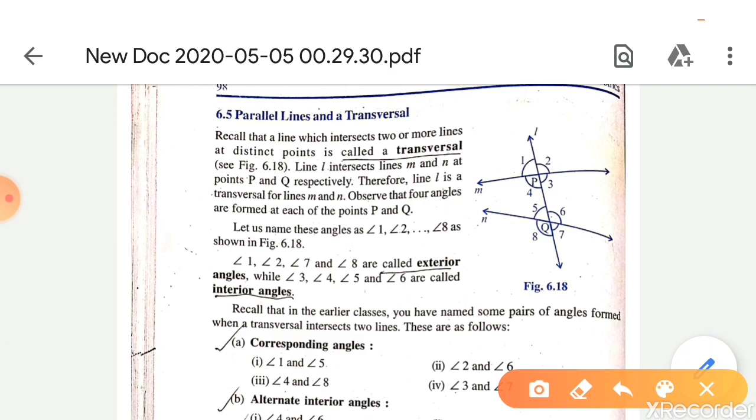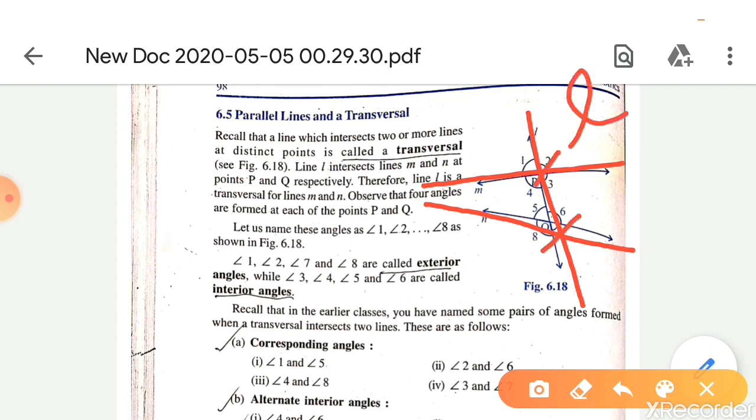Here you see this is line L and this line is M. So this L line cuts these two lines at this point and this point. Therefore, this L will be transversal to both lines. Okay. Now see